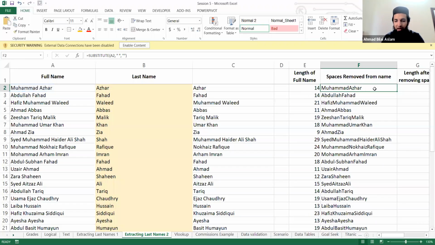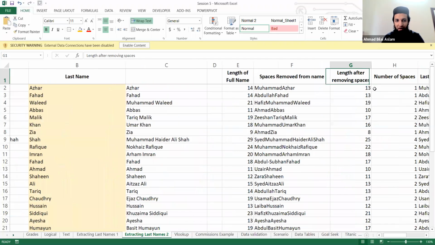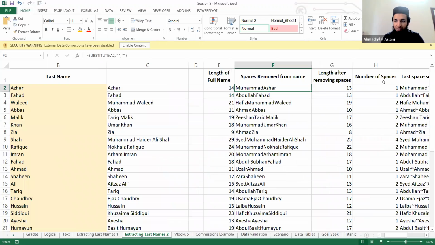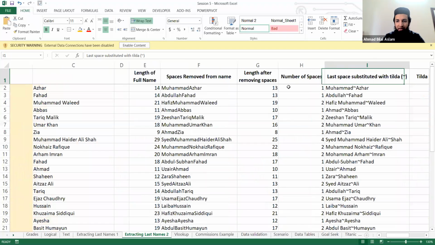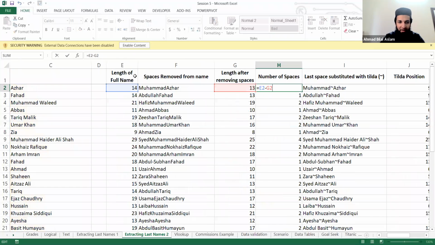ठीक है, so what we do here is we remove the spaces from the name and then we find the length of that name again. So after we have removed the space or all the spaces, we find the length of the name again. ठीक है, ये हमारे पास एक और कॉलम आ गया जिसमें हमारी सारी लेंथ्स लिखनी हैं after removing the spaces. All right, and then you're able to find the number of spaces. How? By subtracting the length after removing spaces from the length of the full name. Okay, so length of the full name minus length after removing spaces, that's going to give you the number of